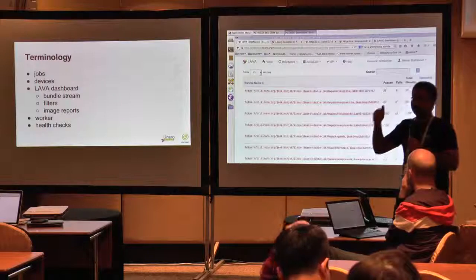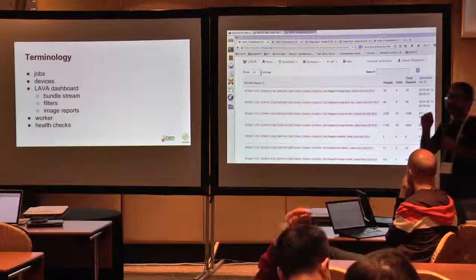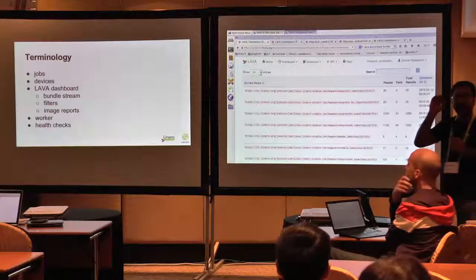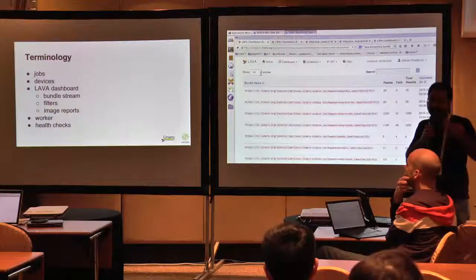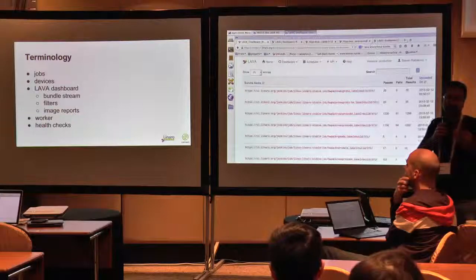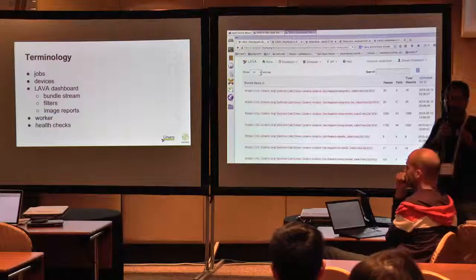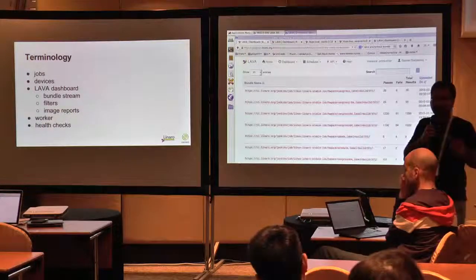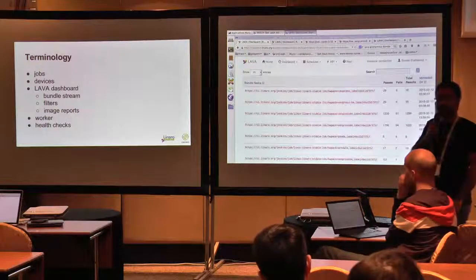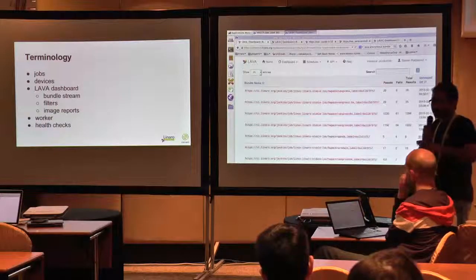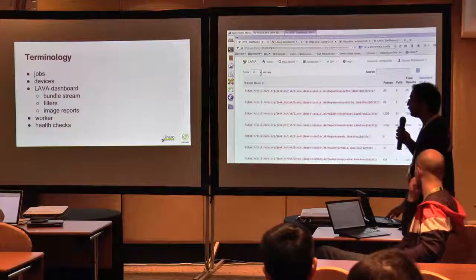The lab team tracks these images and uses them to run the health checks. These health checks see whether the network works properly, and other things. It runs a small, minimal test to make sure that this board is ready for running your jobs.